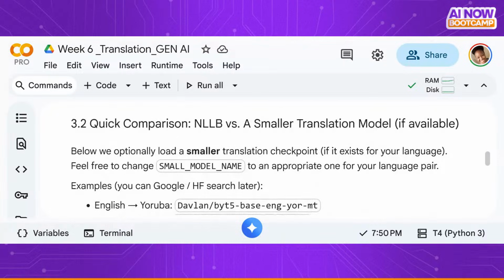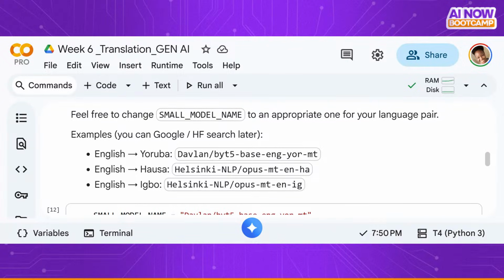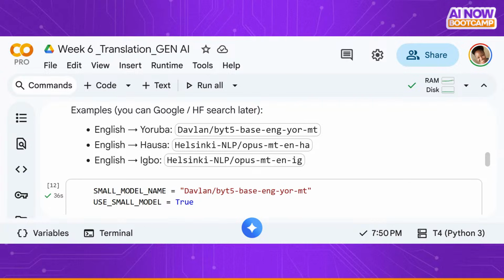So moving on, most of us already mentioned this also. We talked about small language models and also No Language Left Behind, and the difference between the results that you got. And I think somebody also said that the result from, I can't remember correctly again, I think the person said the result from the